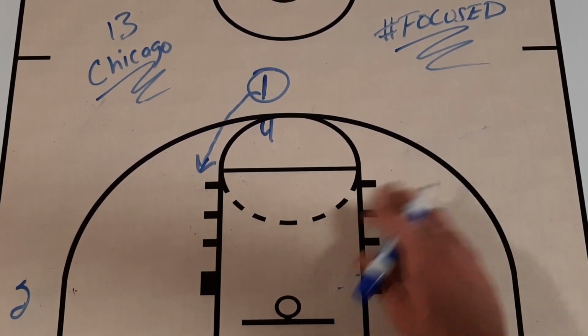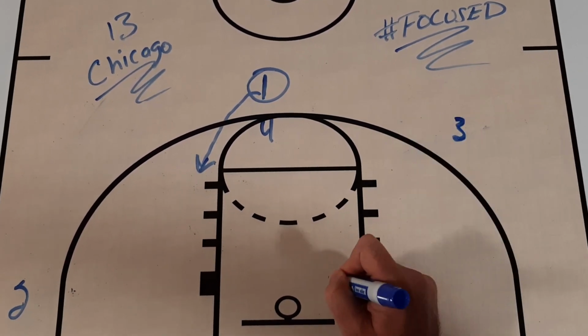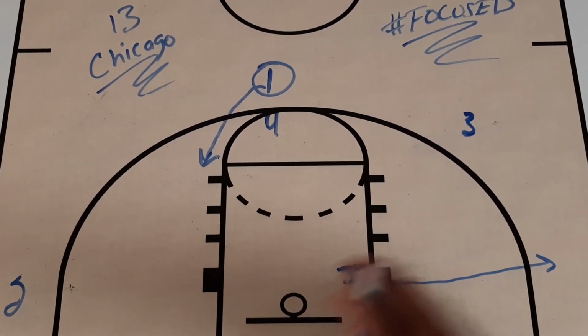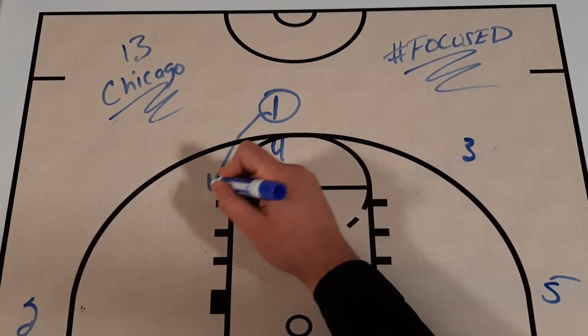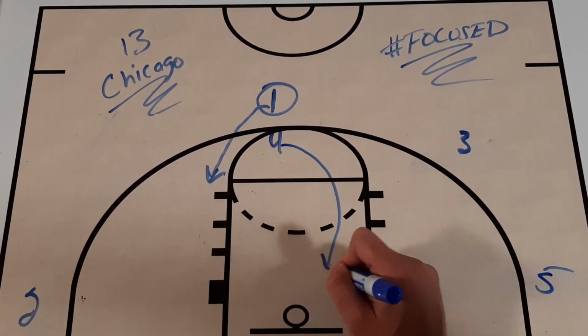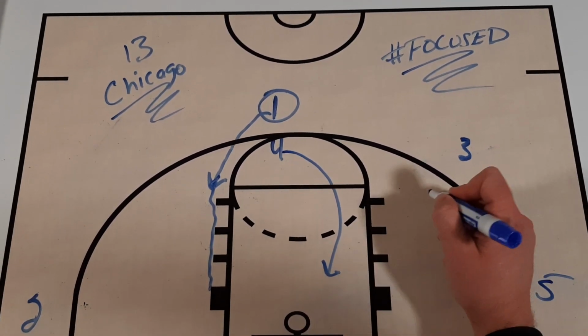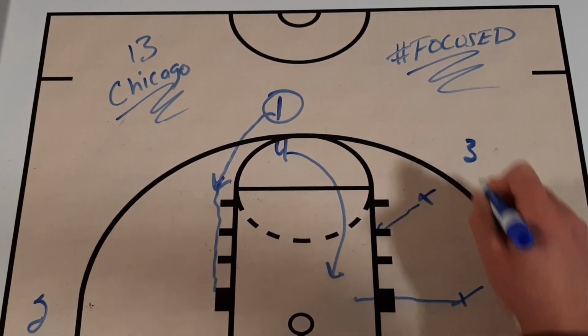You also, for our 1 that's driving down, you could have your 3 pop out here, which is the option I like the best, and your 5 pop out to the corner. And you say, well, why is that? I like that because off of that dribble handoff, your 4 can roll to the basket, and you can get a little 2-man game. As the help defenders cheat into the paint, you have kick out options for your 5